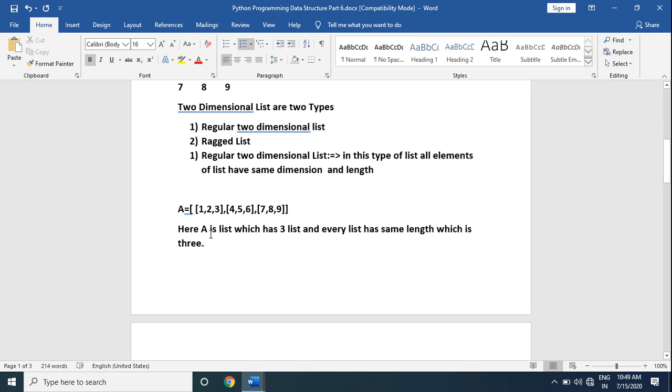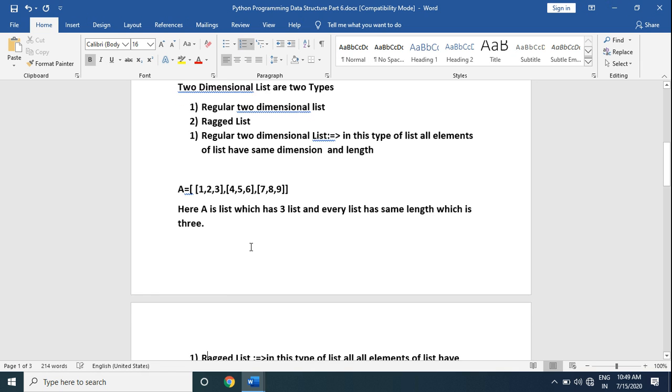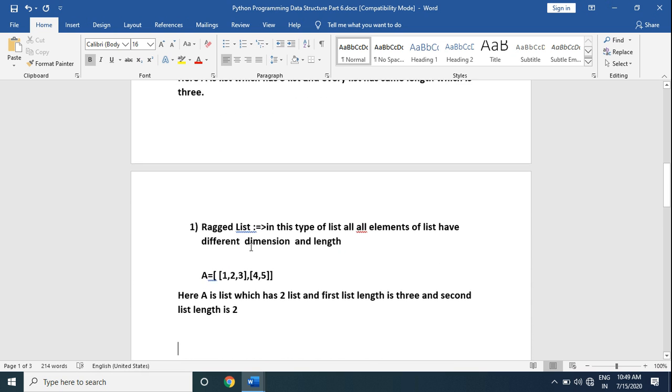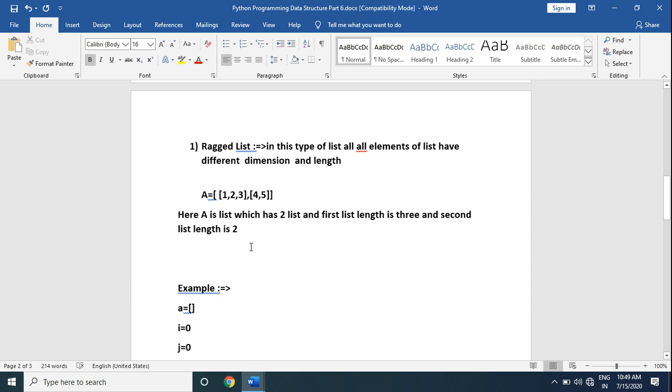So here A is a list which has 3 lists, and every list has the same length, which is 3. Our second type of list is the ragged list. In this type of list, the elements of the list have different dimensions and lengths. Like in this list A, the first list contains 3 elements and the second list contains 2 elements.